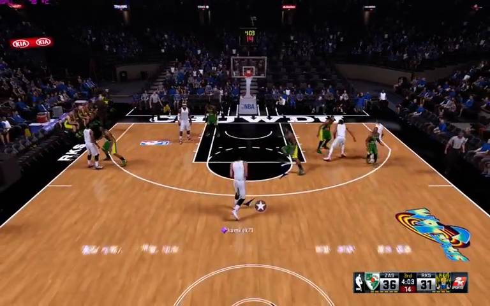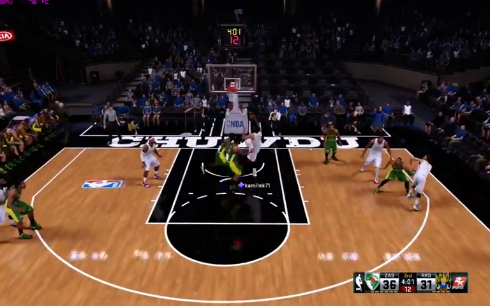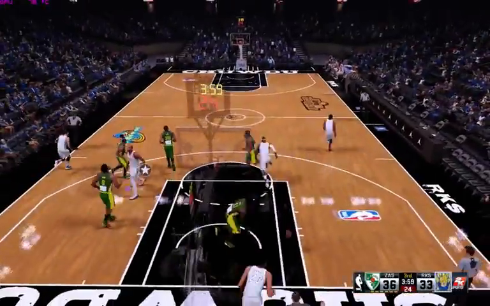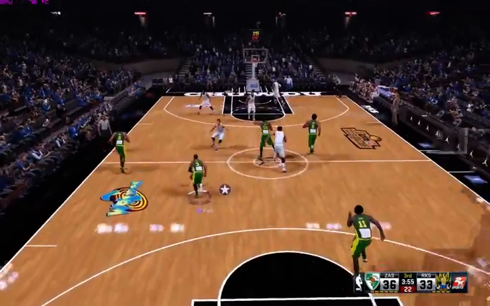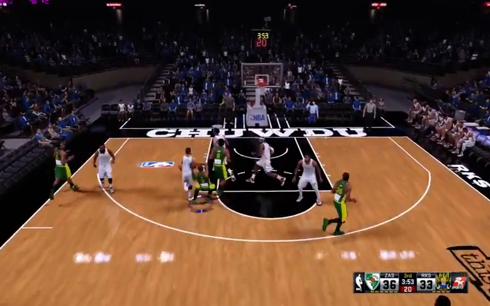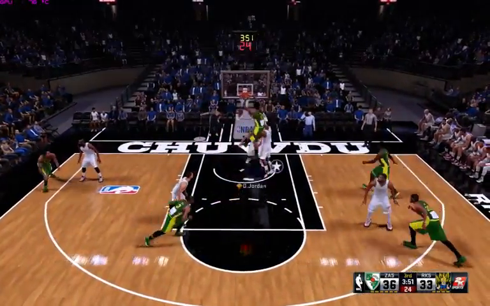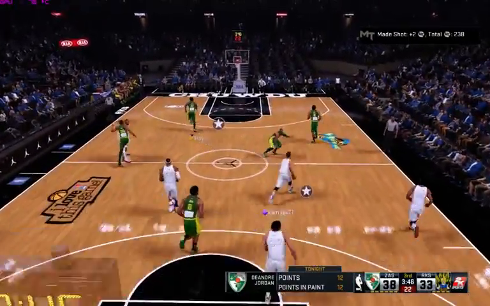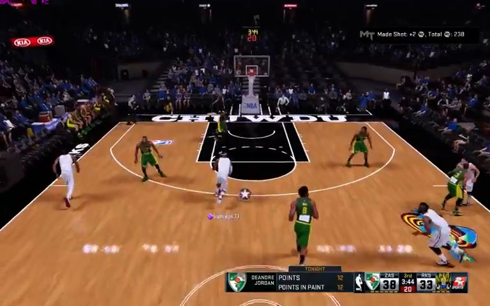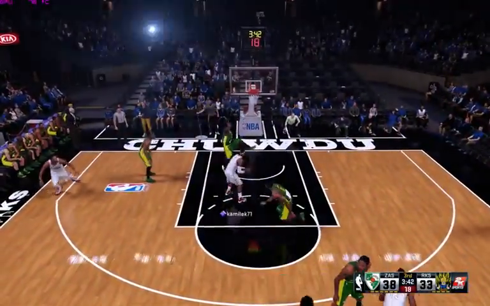Nice ball movement by Washington. It's Davis with the drive. How's that for an answer? Right back with the dunk. And that's how you answer. I'd say he just one-upped him. Pretty good one there. These two guys really like going at each other, don't they? Boy, I tell you what, we've got a little bit of a personal rivalry brewing here, fellas.